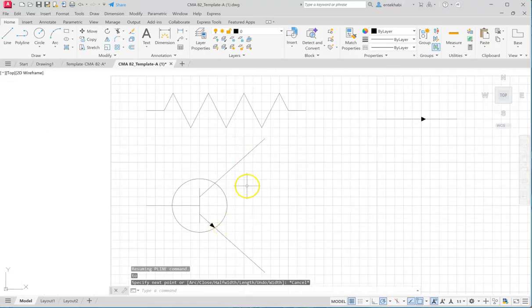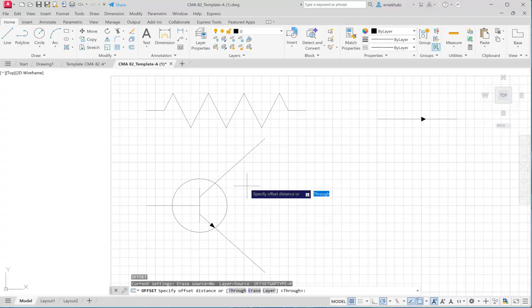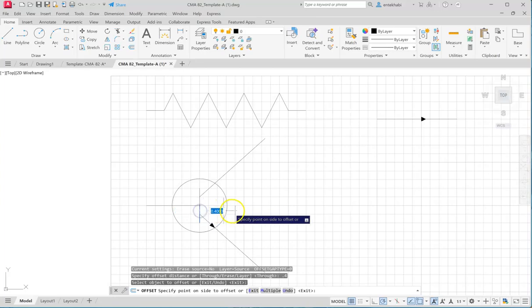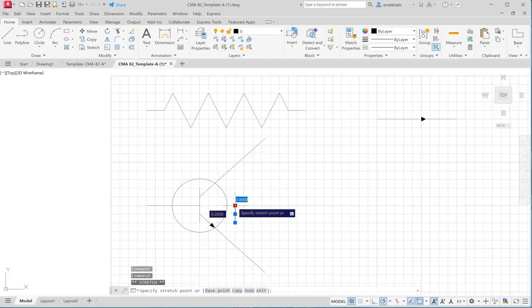Now, for that extra spacing, if I use the offset command, O for offset, 0.4, select this line, and select the line. Okay, that gives me something to work with. Extending.